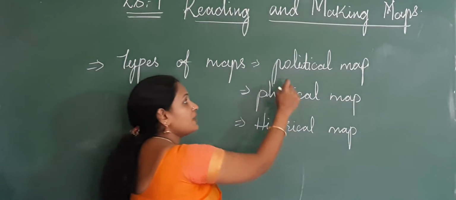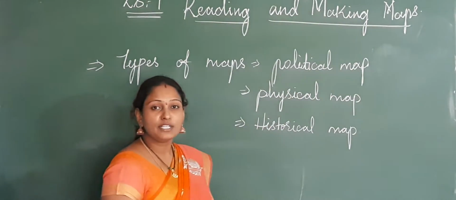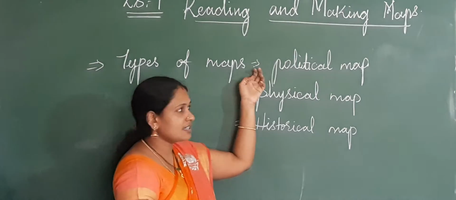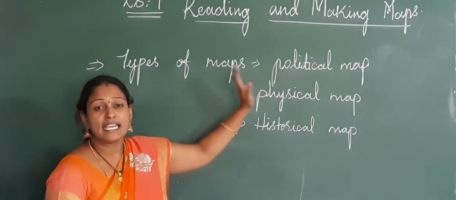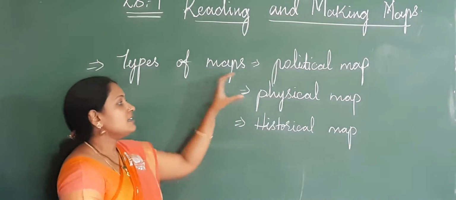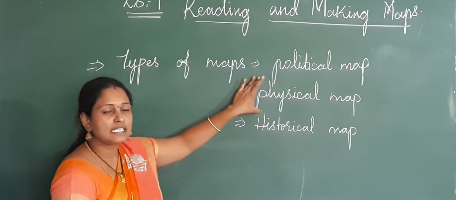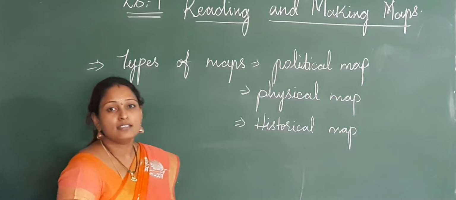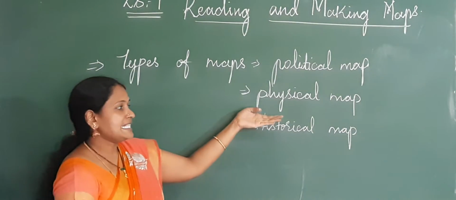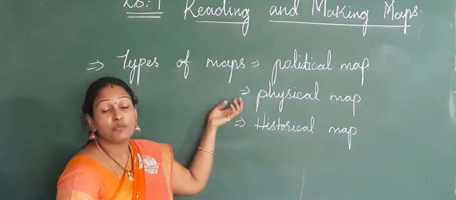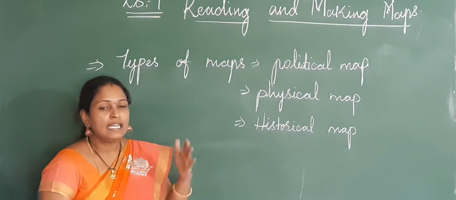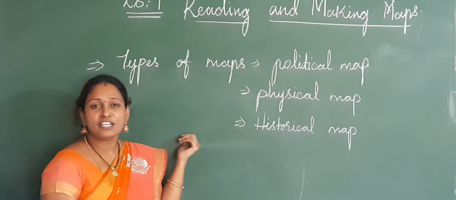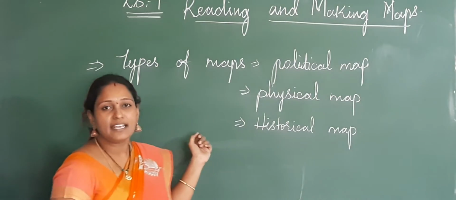First one is the political map. What is a political map? Just have a look on your screen. You will see the map called political map, which shows states and capitals, right? Next, have a look at a physical map on your screen, which shows exactly the features of the country. Which features? Physical features of the country. So what is a physical feature? Example: mountains, rivers, valleys, sea, etc.